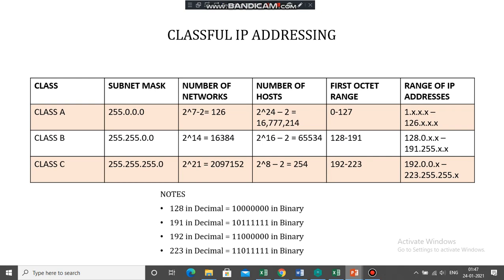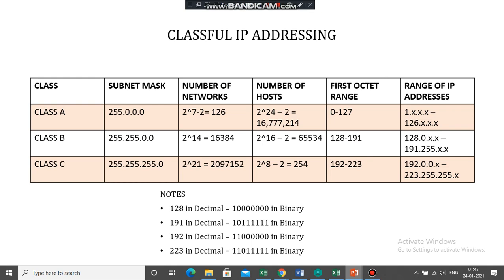Since for class A IP addressing the first octet ranges from 0 to 127, the first bit of the first octet will always be 0, and hence the number of networks here will be 2 to the power 7. We remove 2 of the addresses, which are special addresses. The address 0.0.0.0 cannot be used because it is used to denote a specific host on the local network, and the address that begins with 127 cannot be used because it is reserved for internal loopback functions. The number of hosts in class A addresses will be 2 to the power 24, and